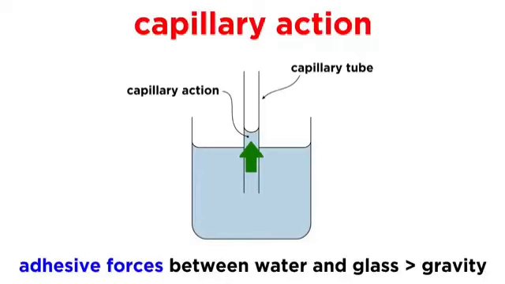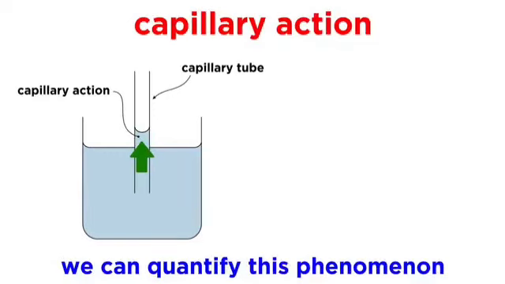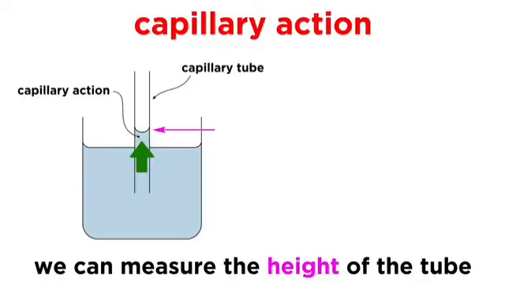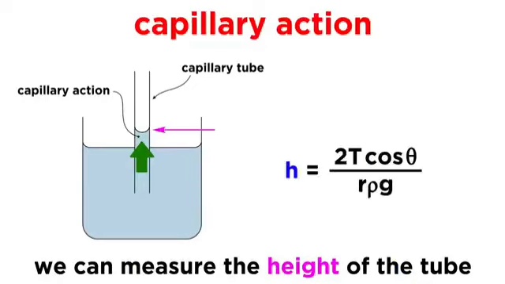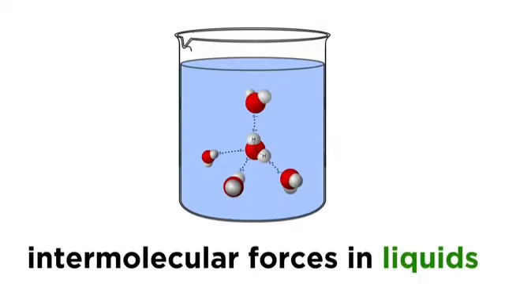Even nature uses capillary action, as some plant cells are able to bring water and nutrients up from the soil and into the roots of the plant, partly by capillary action. We can quantify capillary action in a specific manner by seeing the height that the liquid will rise up to in a glass capillary tube, and this height will depend on the surface tension, the contact angle between the liquid and the tube, as well as the radius of the tube, the density of the liquid, and the acceleration due to gravity. So by applying the concept of